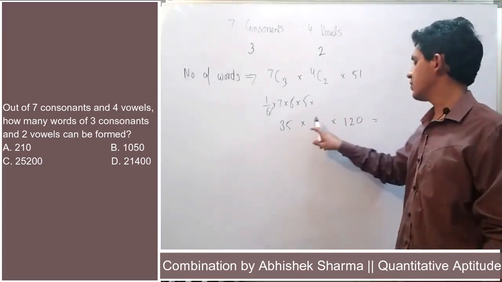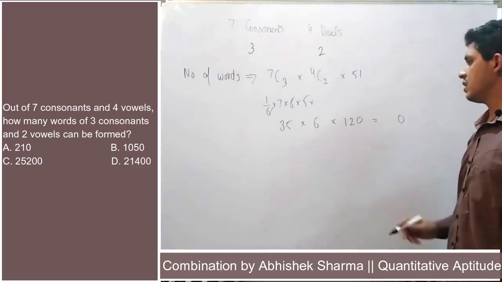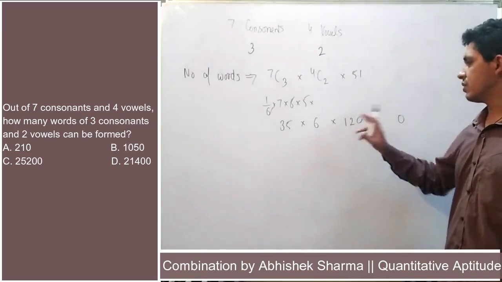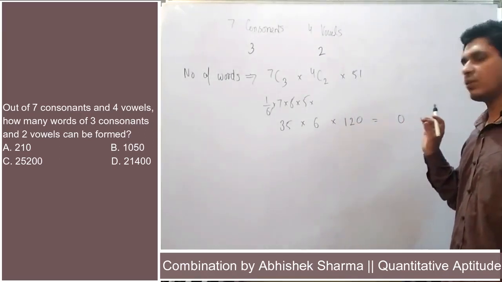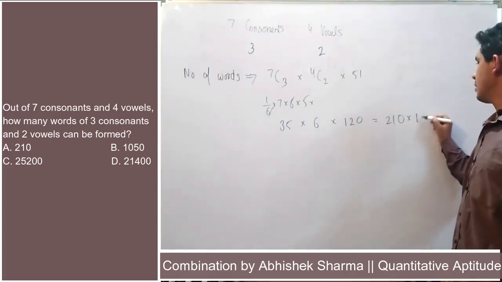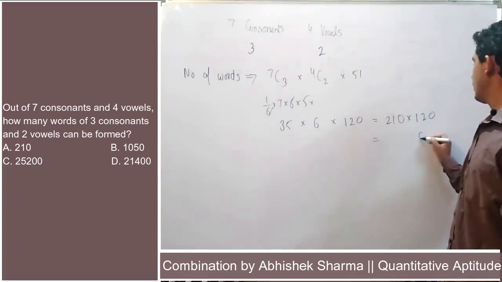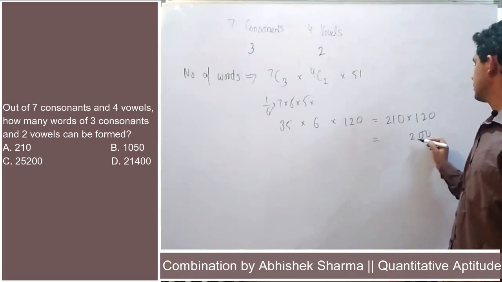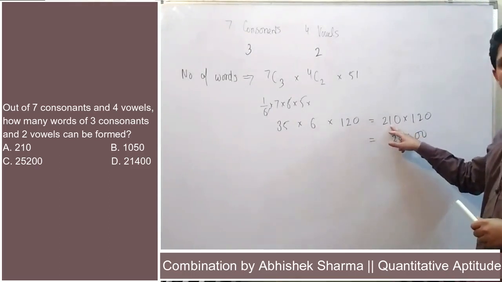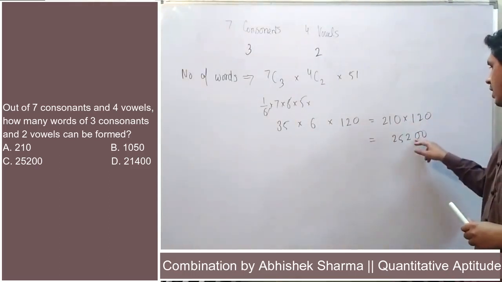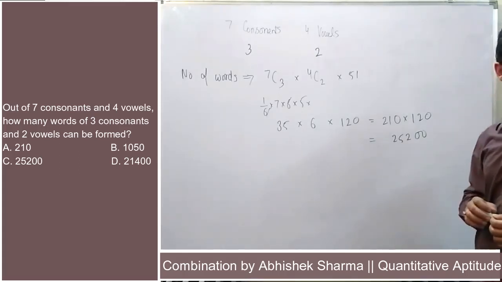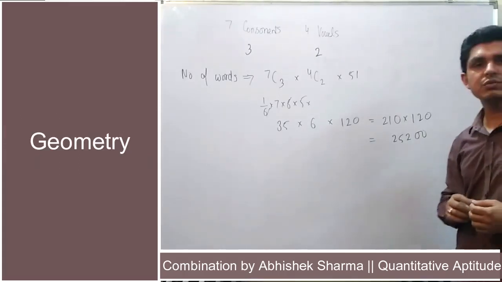Coming to this part, this will be 6, 5 to 30, carry 0, 0, carry 3, 6, 3 ja 18, 18 plus 3 is 21, and multiply by 120. So when solving this, this will be 1210 multiplied by 120, and the multiplication will be 25200, right? Okay, coming to the next question.